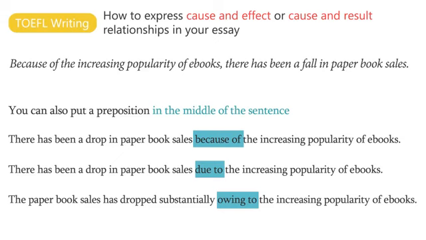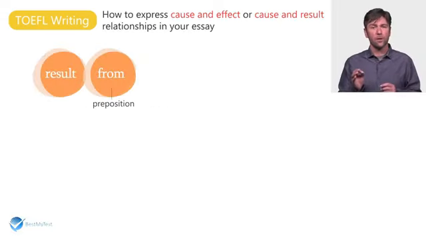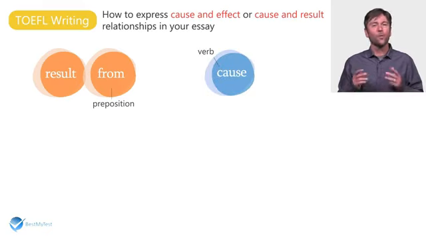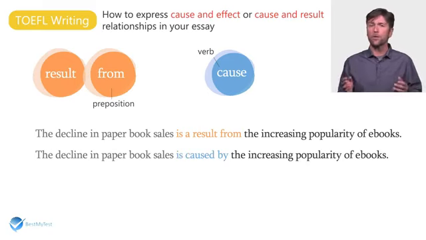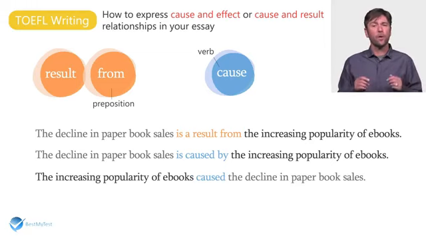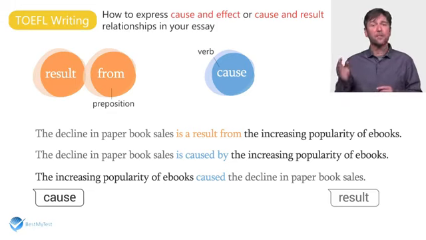If you don't want to use these prepositions, you can also use the verb result, followed by the preposition from, to introduce the cause. Or you can simply use the verb cause. Let's look at a few examples of result from and cause. The decline in paper book sales is a result from the increasing popularity of e-books. The decline in paper book sales is caused by the increasing popularity of e-books. The increasing popularity of e-books caused the decline in paper book sales. In all three examples, the cause is the increasing popularity of e-books, while the result is the decline in paper